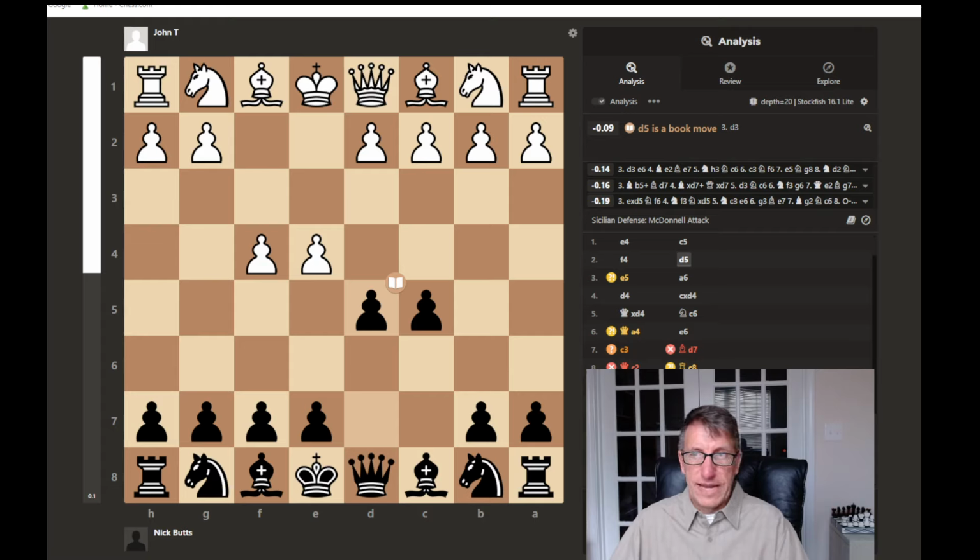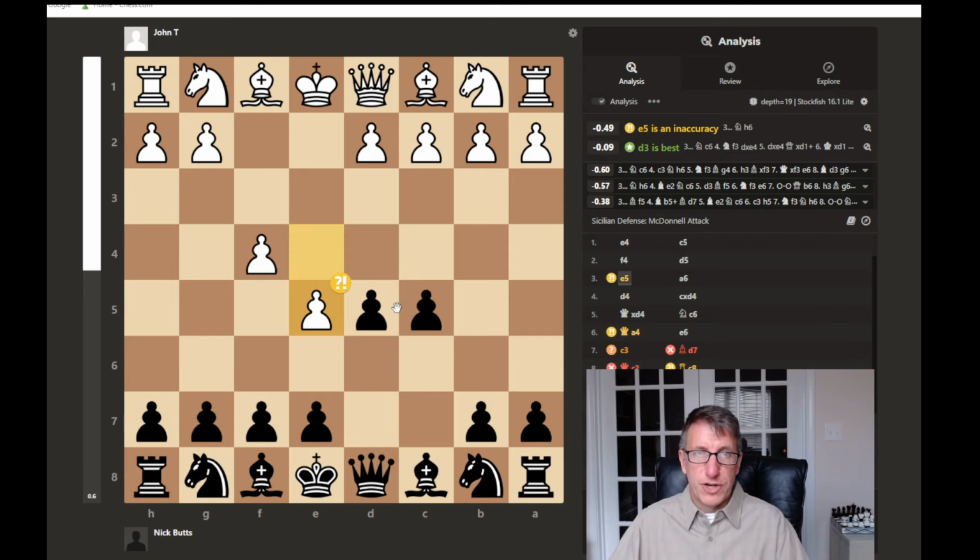What should be played here? Well, my opponent plays an inaccuracy. Now, why is this an inaccuracy? It looks like d3 might have been better, just developing another pawn and fortifying the e4 pawn. This does gain space, but